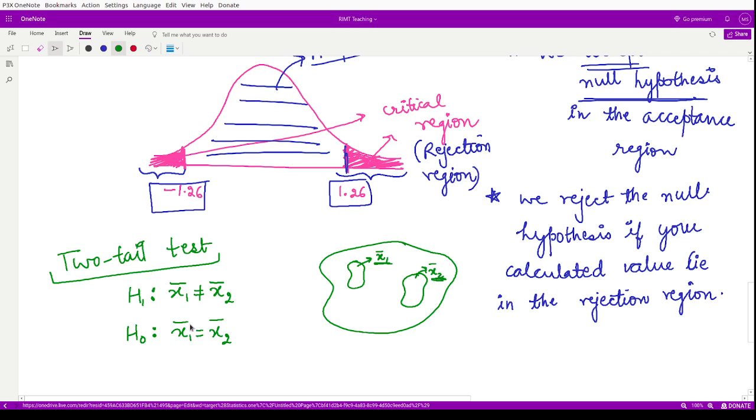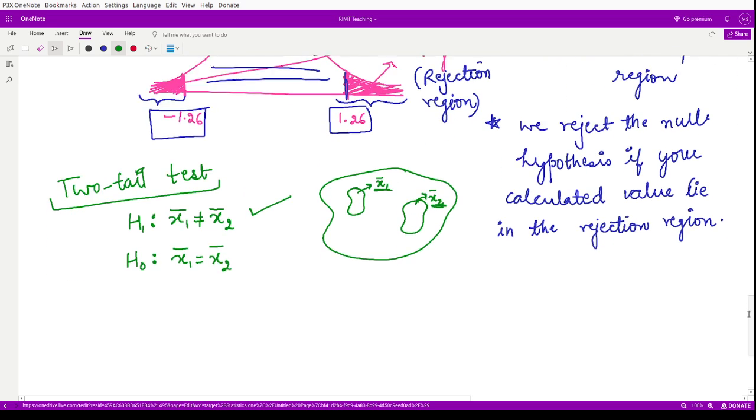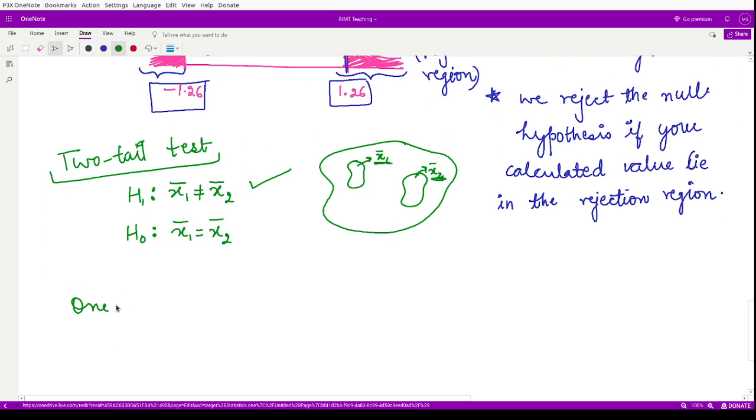Which would be opposite to this alternative hypothesis, right? So here you see, because we have this inequality, they are not equal, so in this case we would have two tails. So this is a two tail test if you have this condition. But if you have this condition for one tail test,